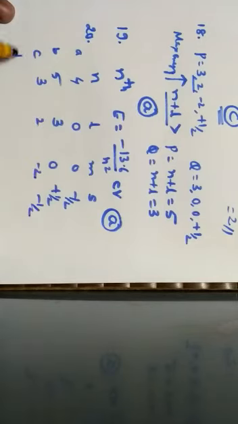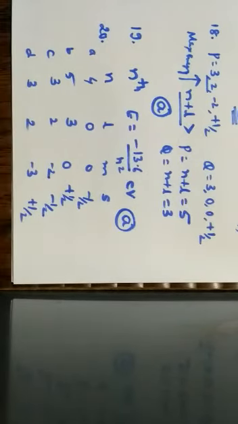And the fourth option D is 3, 2, minus 3 as well as plus half. So when we go through with this possible arrangement, we can clearly understand that for the given